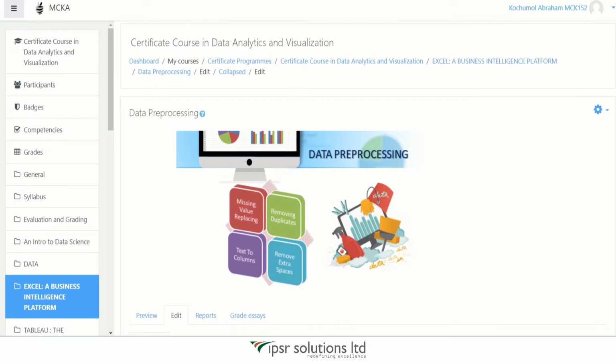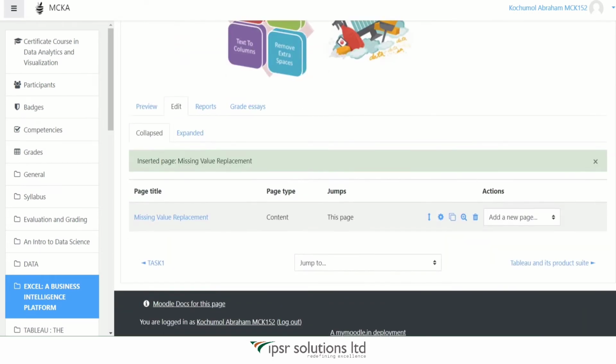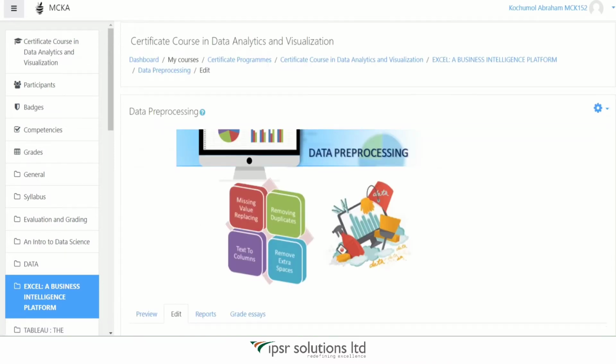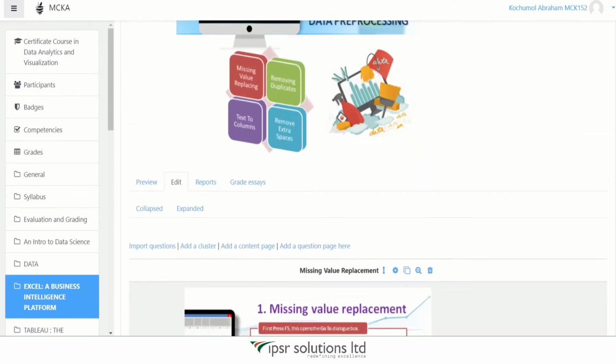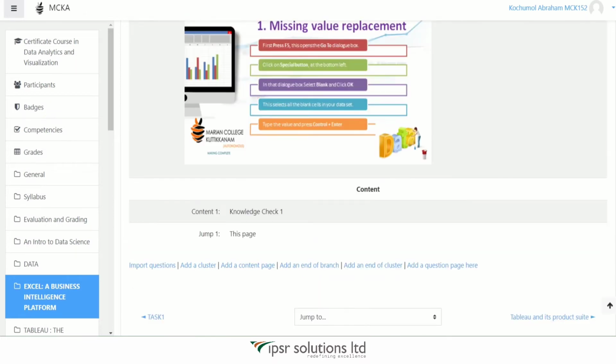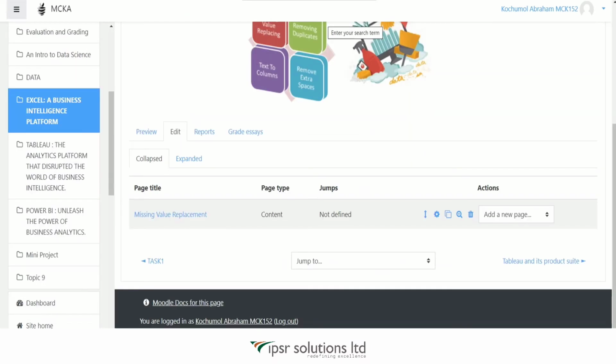And now our first content page is ready. So we need to create our assessment page. For that, from the Actions tab, click on this drop down menu and you can see here add a question page. Click on this add a question page